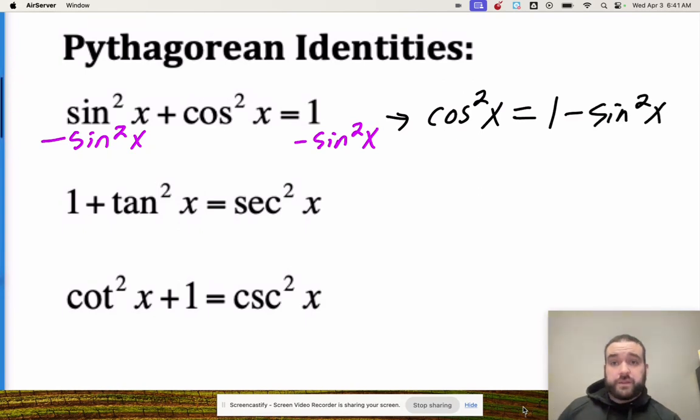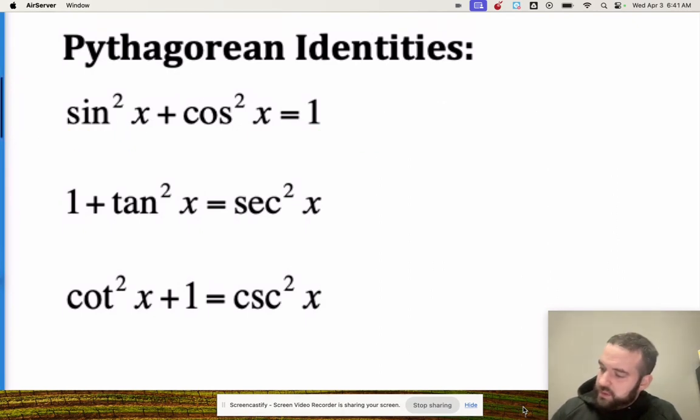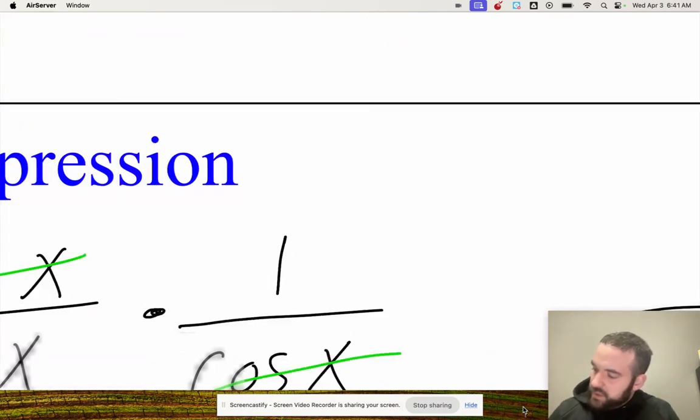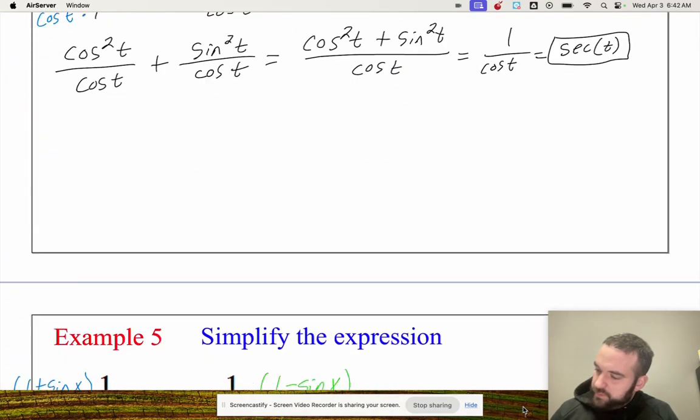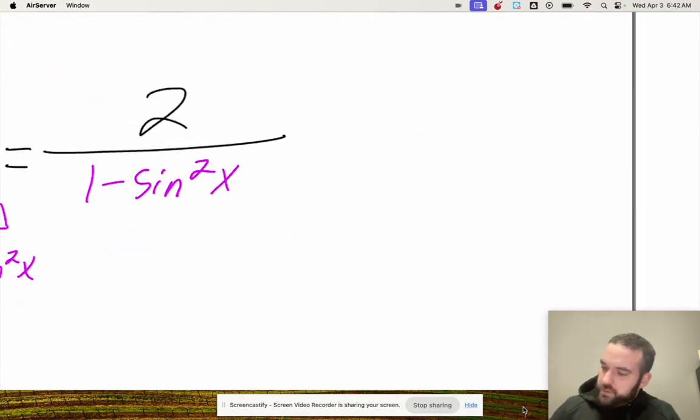Clearly, 1 minus sine squared is what my denominator was. So that means the denominator of the problem that we're working on, which I'll go back to in just a second, can be rewritten as simply cosine squared. So I'm going to get rid of this, and we're going to go down, and we're going to see that this denominator can actually just be written as cosine squared. Right here. So this expression can be rewritten as 2 divided by cosine squared,